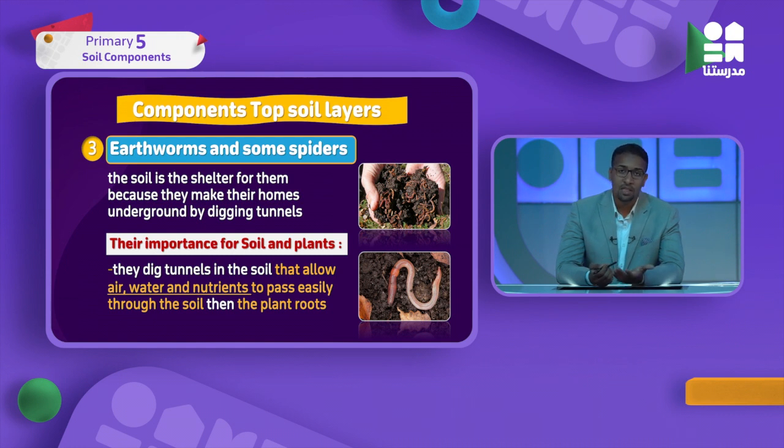of plant very easily. Why? Because this water will pass through the tunnels that are made by spiders or earthworms, so it will find the roots of the plant and be easily absorbed by the plant, and the plant will find this water